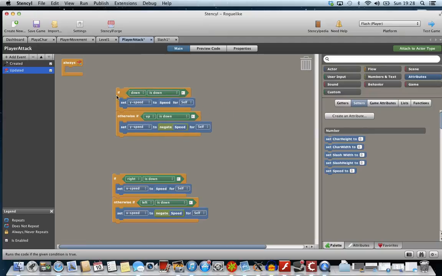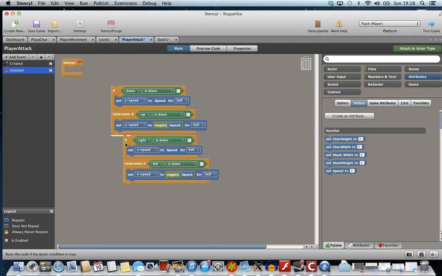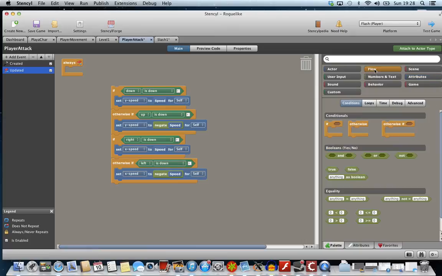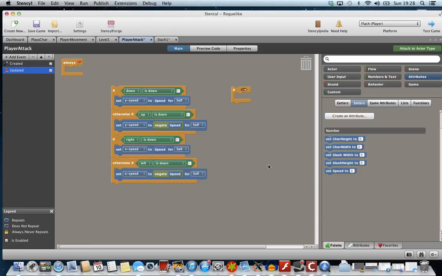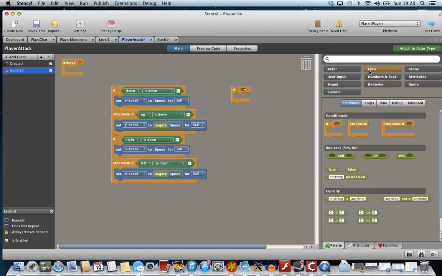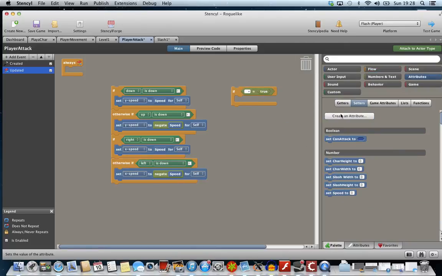And then we throw if, and then we want this in a kind of attack wrapper really, so we can stop the character just infinitely attacking. So can attack, and it's going to be either you can or you can't attack, so it's going to be a boolean, a true or false attribute. So if can attack is equal to true, we want to be able to attack, so we get that there, and we need more controls, so go to